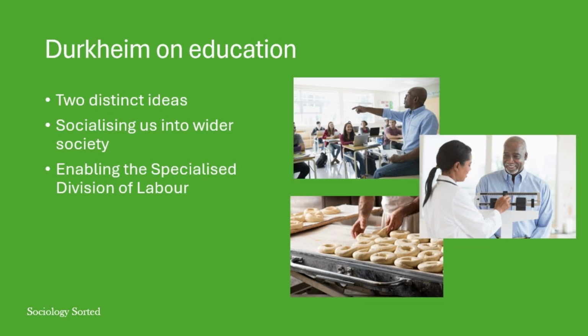Starting with Durkheim. Durkheim had 2 or 3 key ideas about education. When you are writing essays or smaller questions in sociology exams, you often have to think about how many ideas you need to include, usually referred to as range, and how much detail you need to have. The first idea that Durkheim discussed was the idea of socialization. This could potentially be broken down into smaller ideas, but you do need to ensure that if you do break it down, you can go into enough detail in each part in the exam to ensure you don't drop marks.